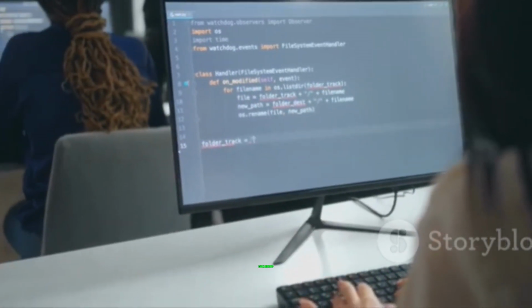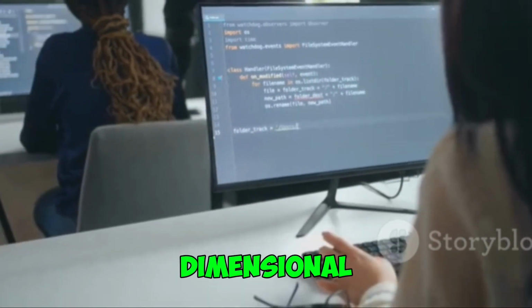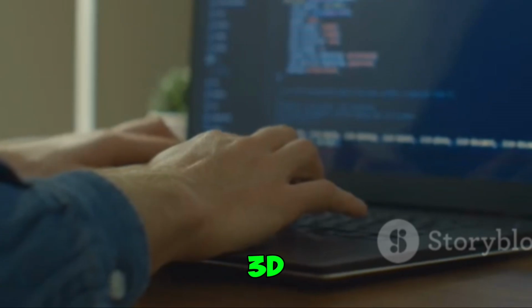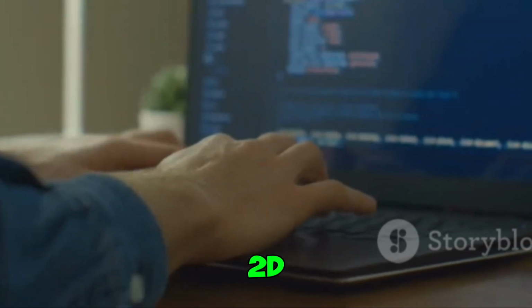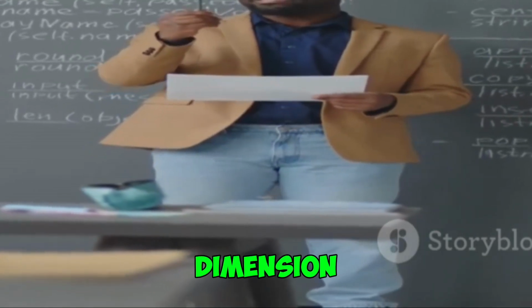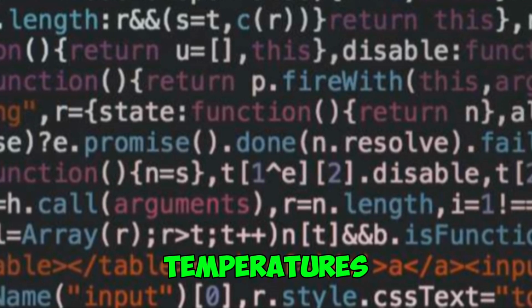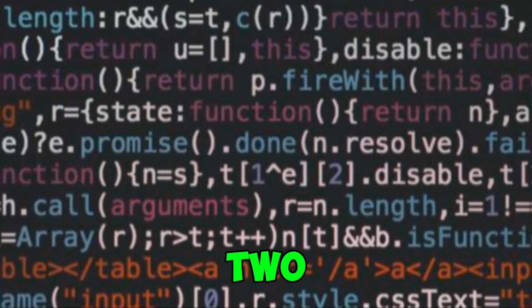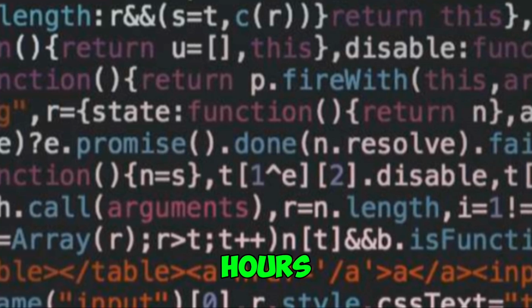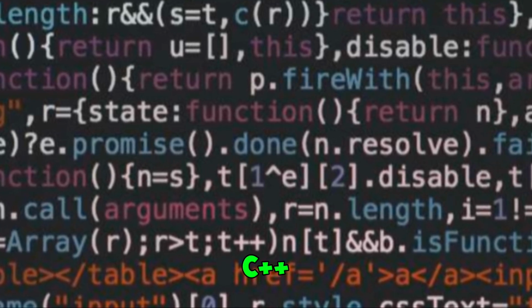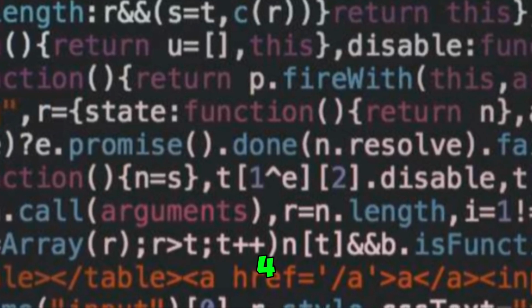Section 7. Declaring and initializing three-dimensional arrays. Declaring a 3D array is similar to declaring a 2D array. We just add another dimension to the square brackets. To declare a 3D array named temperatures to store floating point values with 2 locations, 3 days and 4 hours, we'd write C++: float temperatures[2][3][4];